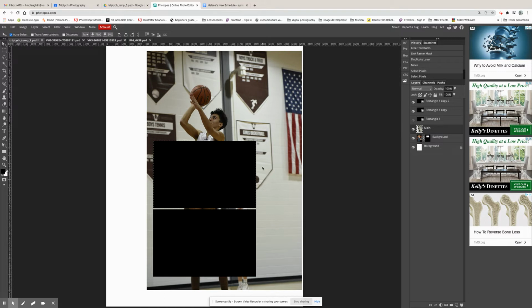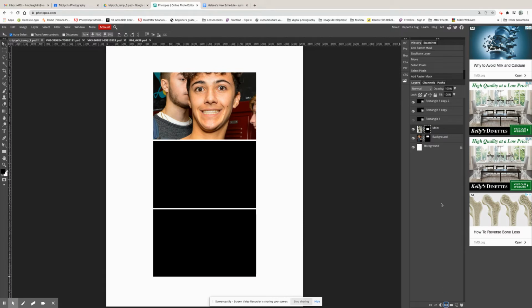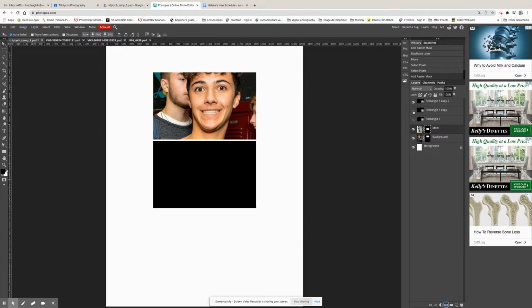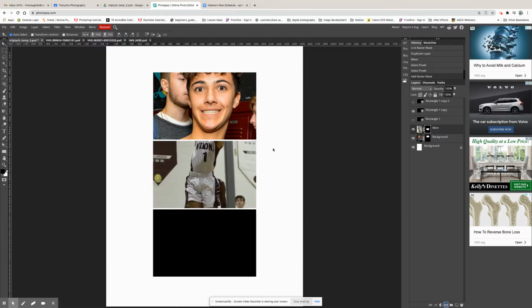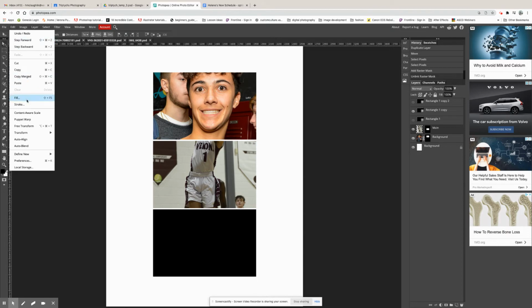It's selected. I'm going to go to the photograph that's highlighted. I have my selection made. And then I'm going to go down to the bottom of the layers panel and click on Add Raster Mask. Looks like everything disappeared. I'm just going to turn off that square. There's his body. I actually want to make it a little bit bigger, so I'm going to unlink it, select it, Edit,